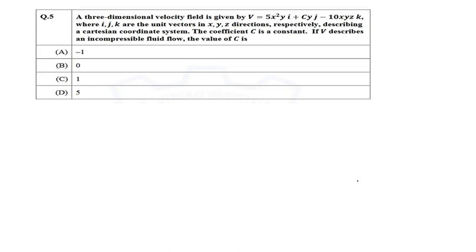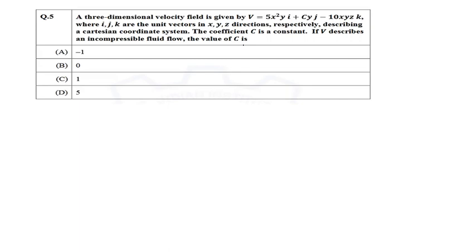Okay. So I would like to solve the fifth question in chemical engineering batch. A three-dimensional velocity field is given by V equal to 5x squared y i plus c y j minus 10xyz k, where i, j, k are the unit vectors in x, y, z directions respectively, describing a Cartesian coordinate system. The coefficient c is a constant. If V describes an incompressible fluid flow, the value of c is